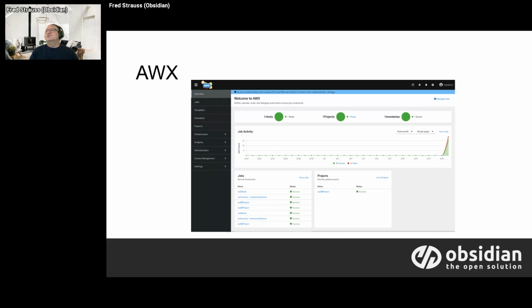Ansible also has web interfaces. We use AWX internally. AWX gives you a bit of a more visual approach to working with Ansible. It can connect to Git to retrieve playbooks from there. Also, inventories from Git. Inventories are basically the lists of systems and how to connect to them. And then you can visually see and schedule when playbooks should run.